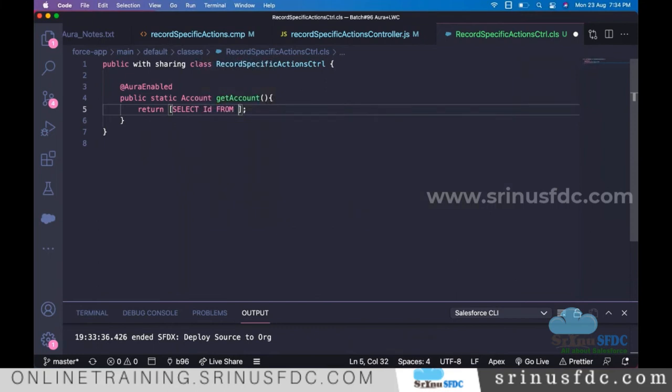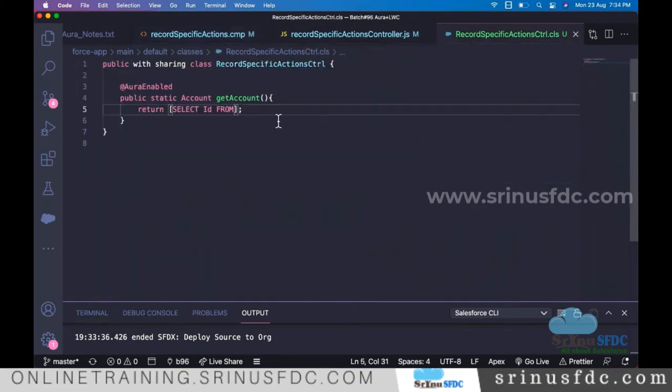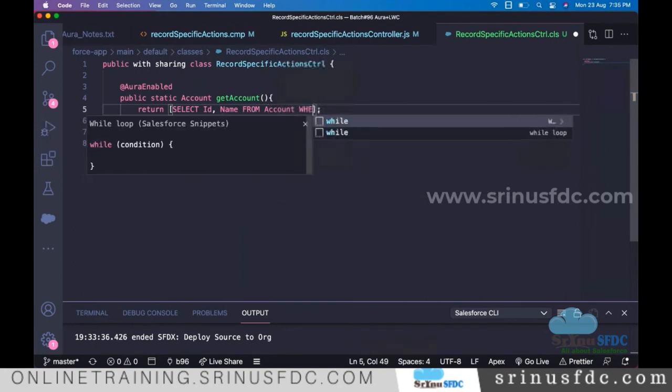If you want to refer to some information, maybe if you see here on the component, we are referring to the account name, right? So that means we have to query that. Otherwise, the account name won't be there. So let's say Name from Account, but we don't want all accounts, right?